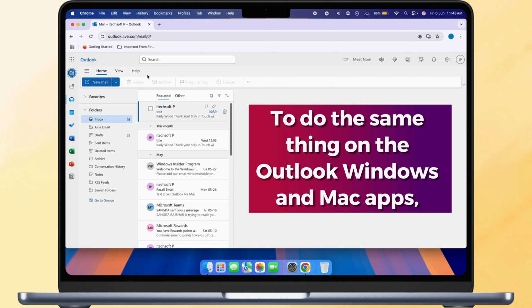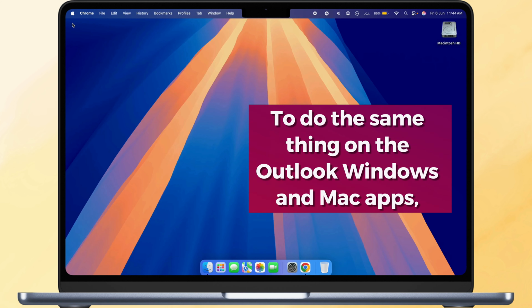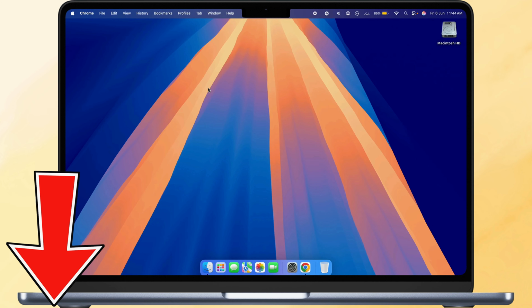To do the same thing on the Outlook Windows and Mac apps, refer to the video in the description and